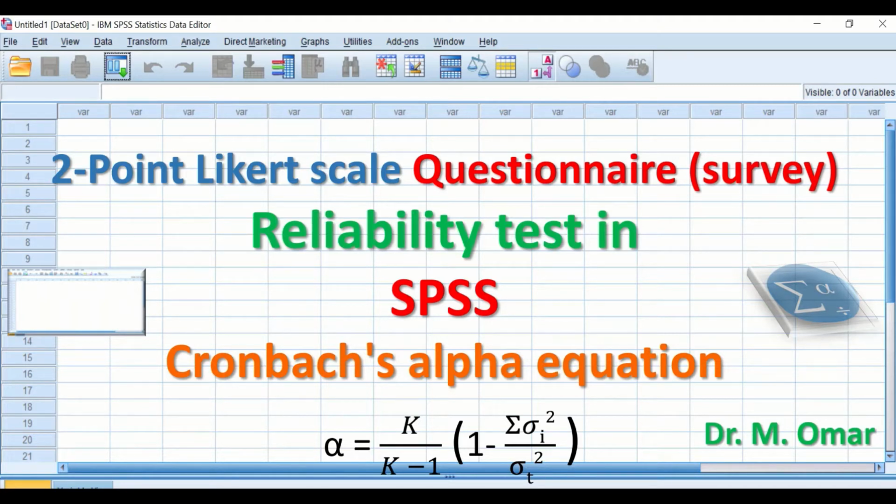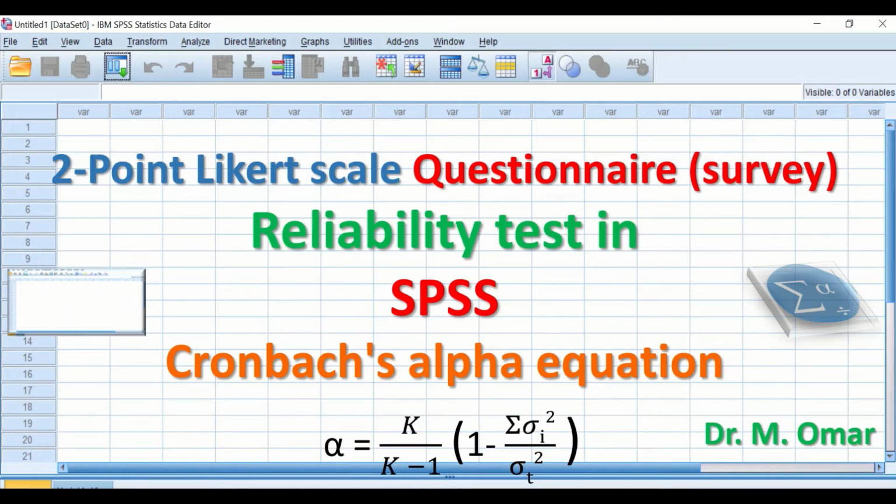The test will measure the internal consistency of items and test whether the questionnaire or survey, if repeated on different dates or times with the same group of participants, will generate similar responses from the participants. And the way to evaluate the reliability is to do a reliability test using the alpha equation, which is